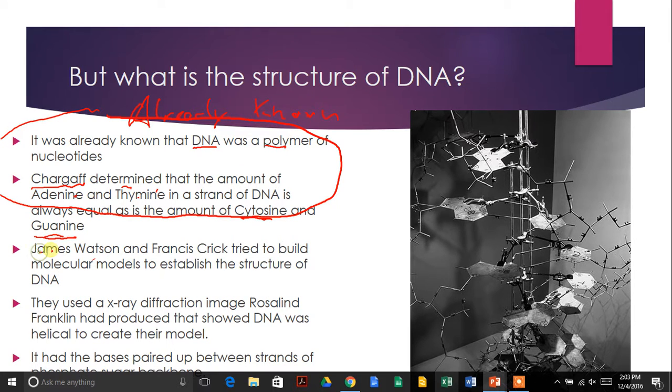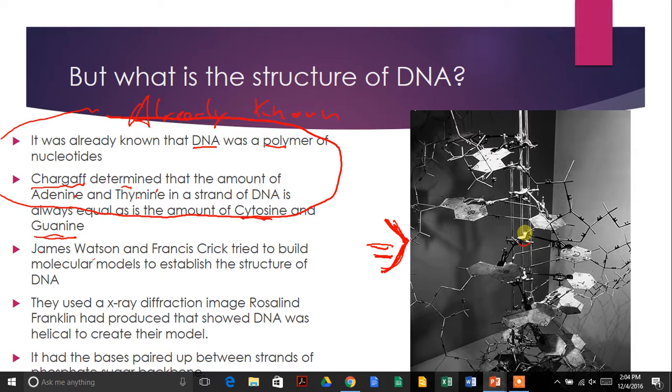Two scientists named James Watson and Francis Crick tried to build molecular models like this one to figure out DNA's structure. So they tried to take this information and make a 3D structure hypothesis, and whichever one worked out the best and was the most consistent with experimental evidence, that must be what its structure was. And they made a first attempt that was wrong, looked like this. It was incorrect. So they went back to the drawing board, and they,